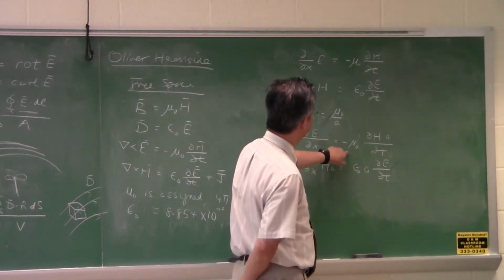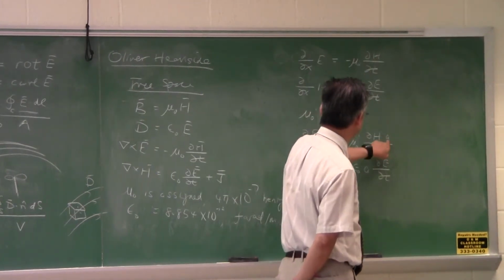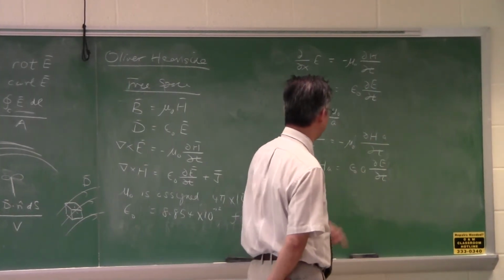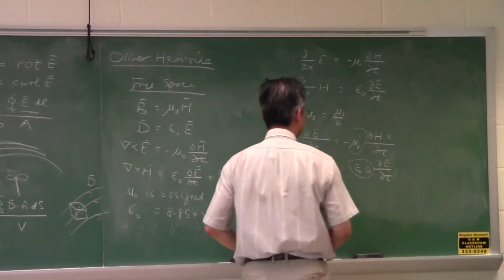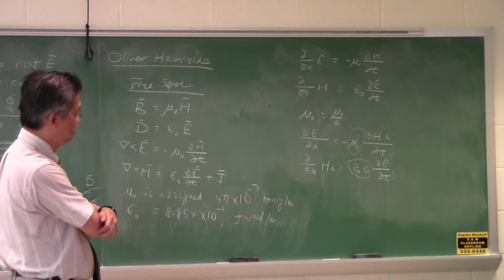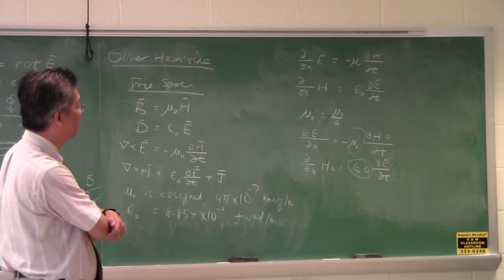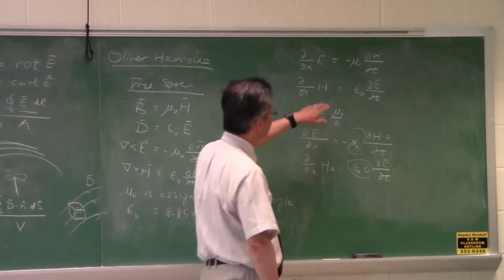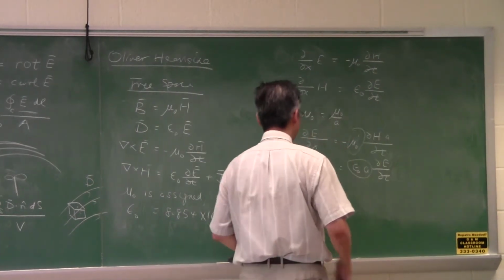If I do that, then I put a mu naught in the denominator, A in the denominator, and put an A there in the second equation and multiply by A again. So my two constants change. Okay, so I can always redefine my constants. Essentially I can always redefine my constants in these two equations, but if I want to study